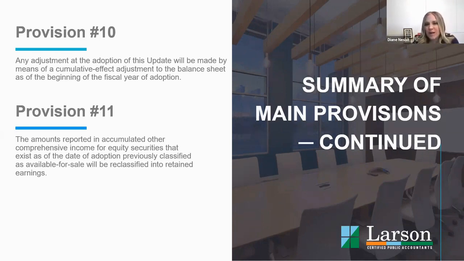So before, for those equity securities that were held and classified as available for sale, your change in fair value was running through other comprehensive income and in your equity section in your balance sheet. But with this new standard update, when you implement that change, you need to adjust that effectively out of your beginning balance of AOCI and reclassify it or move it into your retained earnings classification. And then going forward for that year, your adjustments to fair value, your change in fair value, will run through current earnings in the income statement.